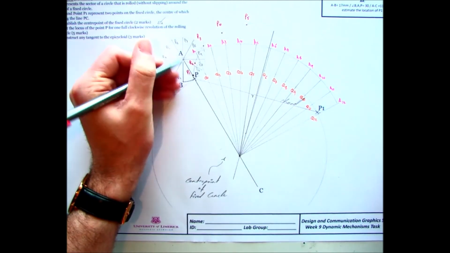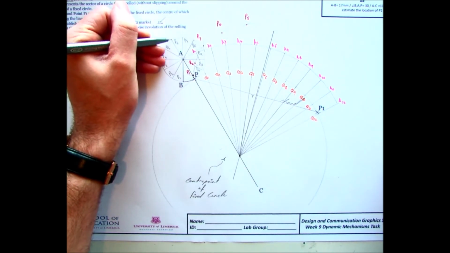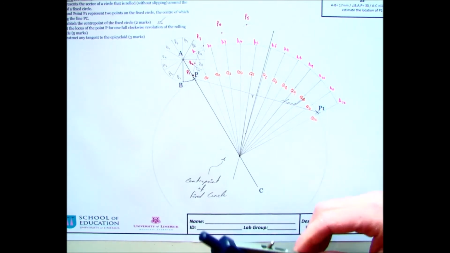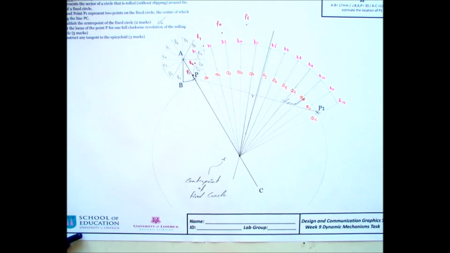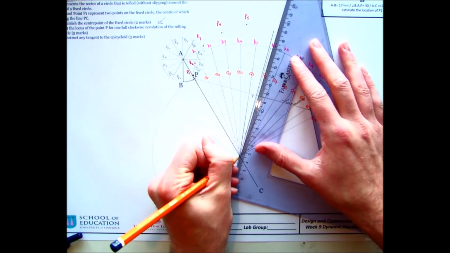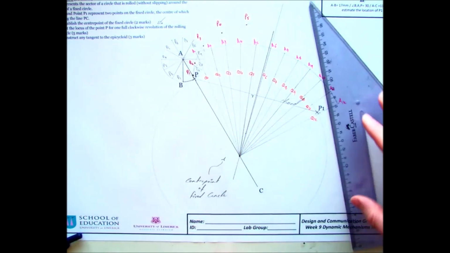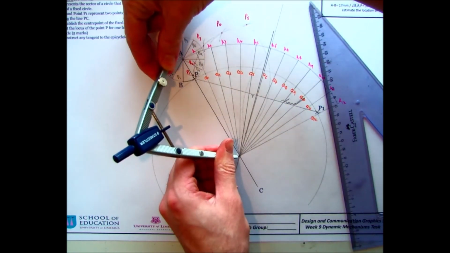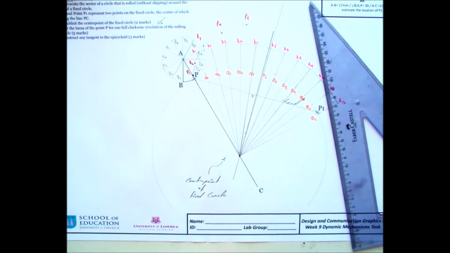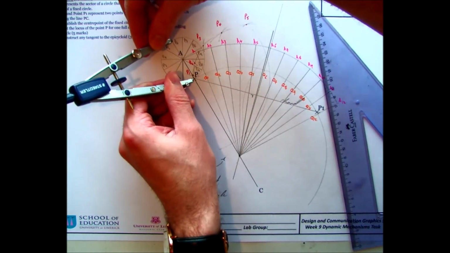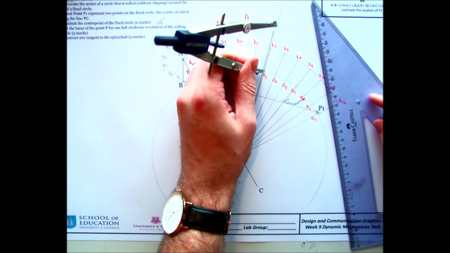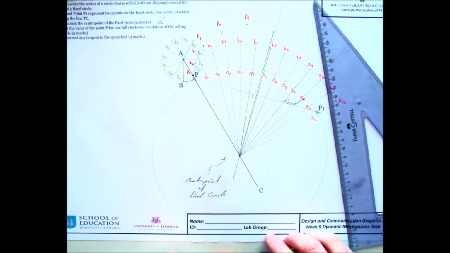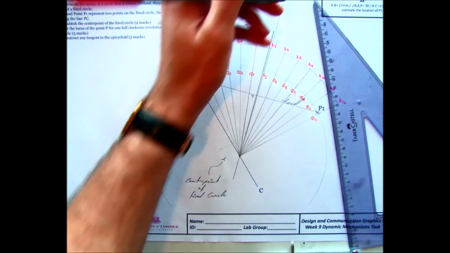Now for P6, I know that's going to be straight up at this height, so I can just extend my line to P6, which is going to be here. Extend that out like so. Get my compass, take the distance from the central point all the way up to the very top. My compass actually doesn't reach, so I can just take the measurement from P to P6 and go from P6 outwards, same thing. And now I get my point at the highest point of our cycloid from the central point of the fixed circle. So if I just mark in here P6,